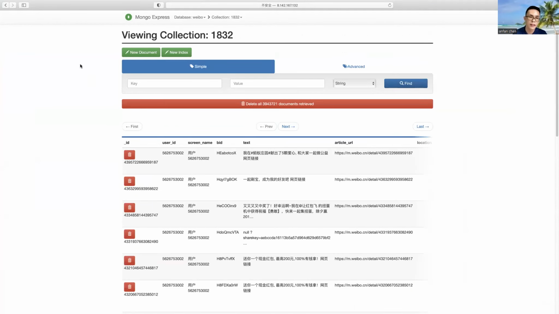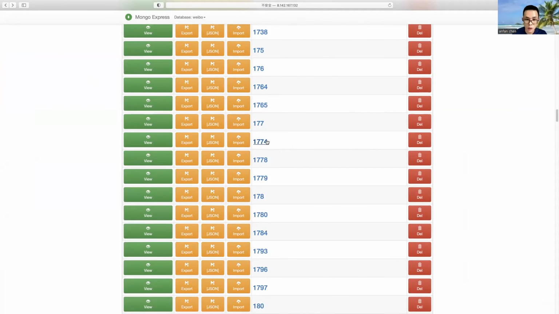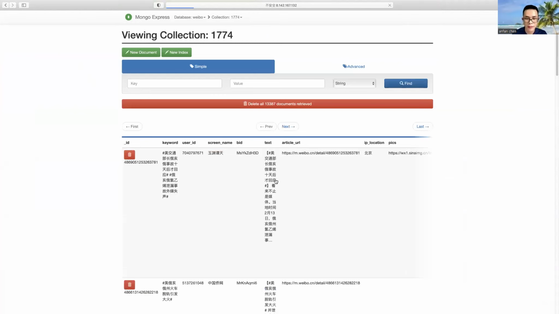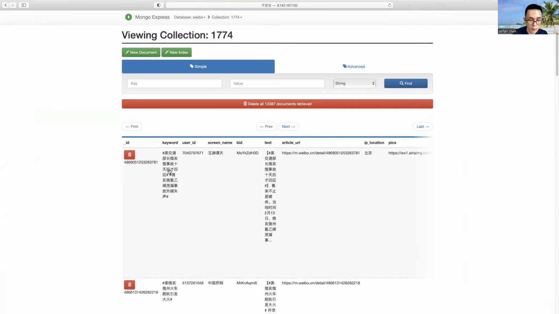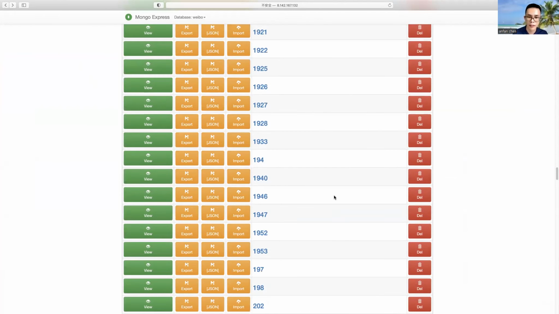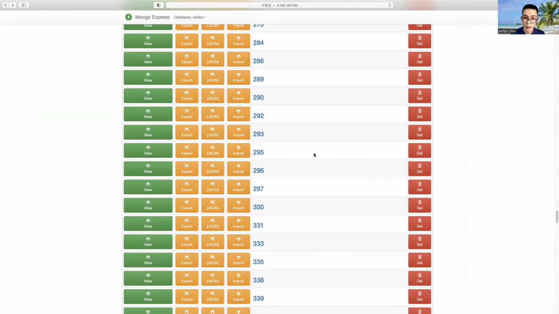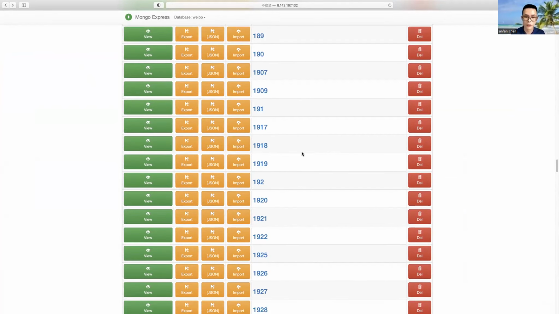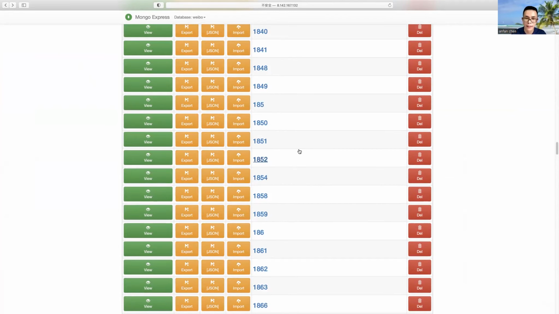You can see there are different tasks for the Weibo scraping. In this task, I scraped more than 13,000 posts related to a specific event. It is a hero event. I store all the data. Once I start the task in my system, the procedure is in progress on my cloud server, and the data is stored here.